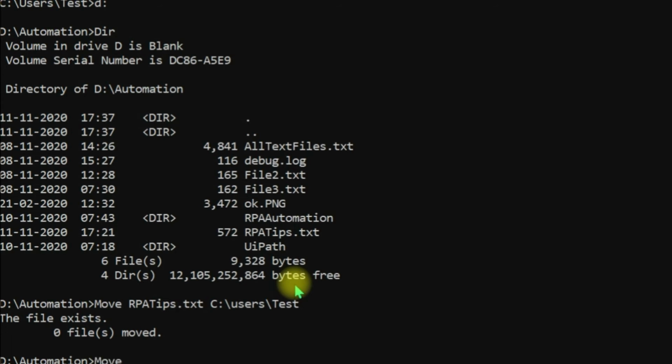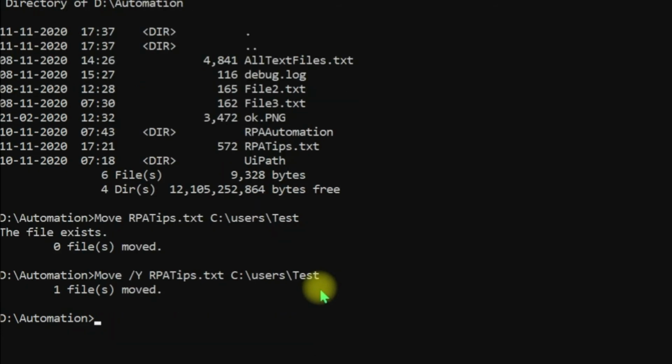Move /y. Now rpa tips.txt C users test. Now you can see the file is moved. Now I will use the dir command. rpa tips.txt will not be here.